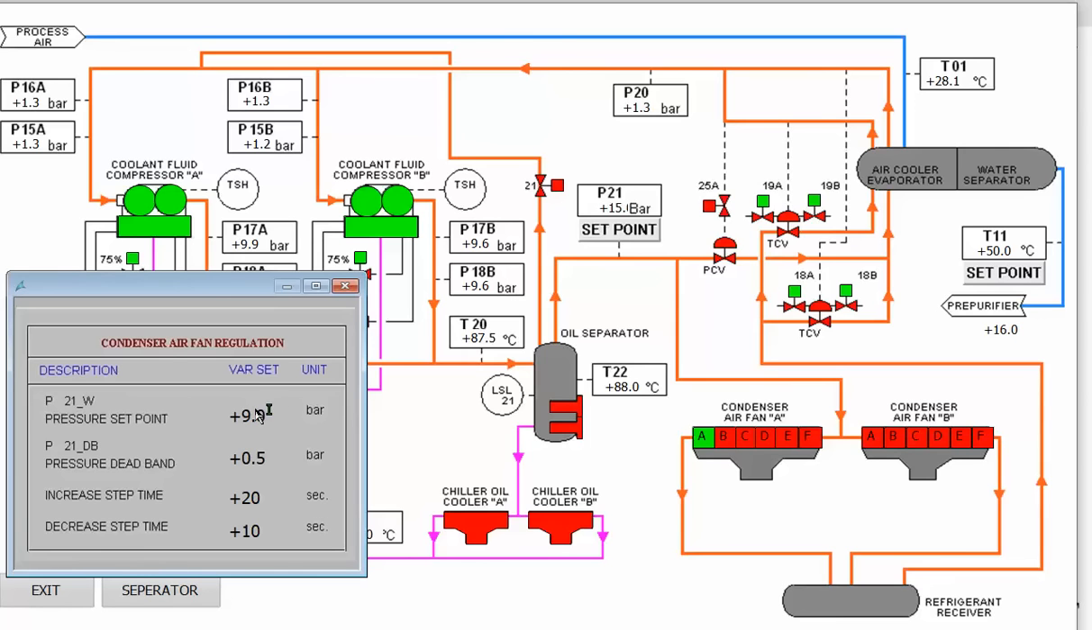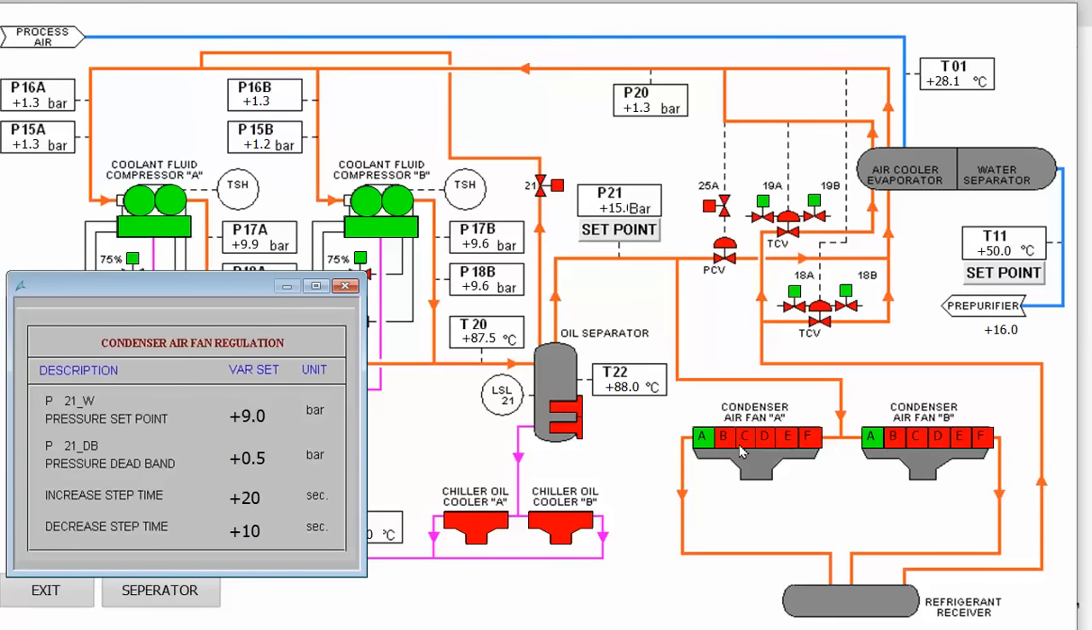When the pressure is more than the set point and the dead band or half of the dead band, in each 20 seconds we increase the capacity. And increasing capacity means that we will have more condenser air fans. So we need to wait until reaching the maximum number of air fans, one in fan A, the other